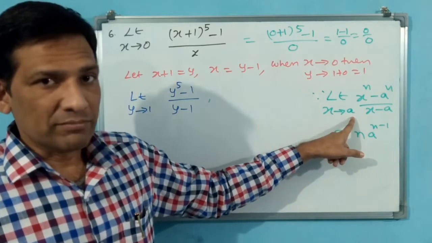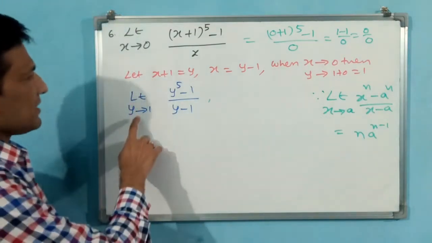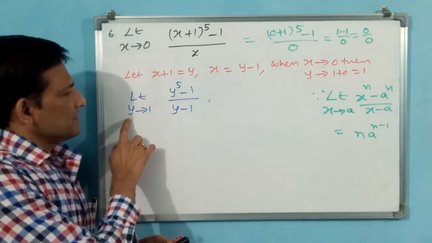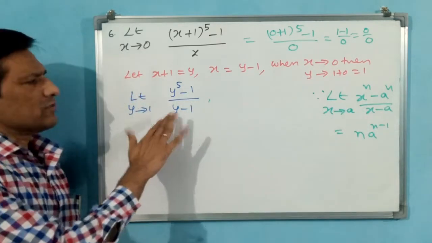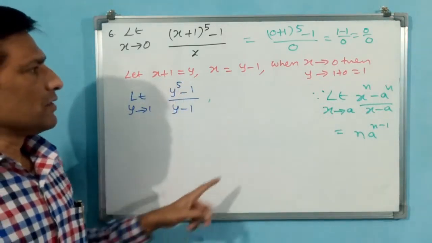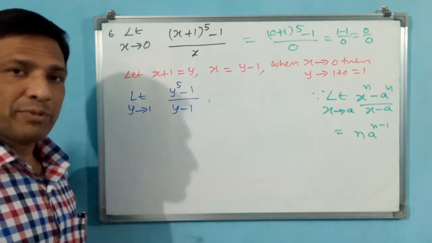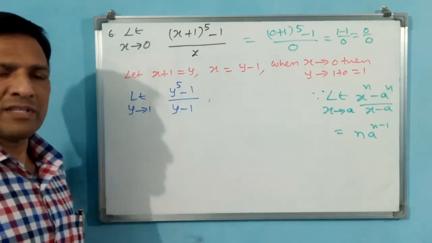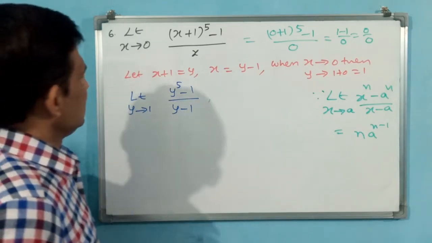See here all to be matched. x tends to a should come, x minus a, x to the power of n, a to the power of n. You compare this. Here think like y as x. x tends to a is 1, a is 1, you see. But here n is 5, but here n 5 is not there. Then even if you put 5, is it going to affect this equation? No. 1 to the power of 5 or 1 to the power of anything is same only. Then you can rewrite this like this, you see how I am writing.